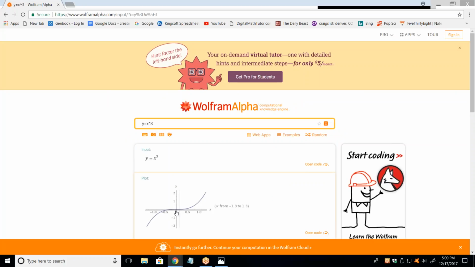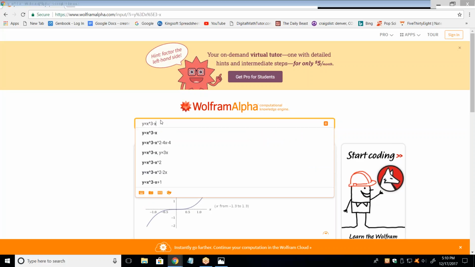That does pass the horizontal line test. It doesn't look like it does, because that looks like a horizontal line. But it's only a flat tangent line at one point there. There's no line that crosses that thing twice. No horizontal line. But now, if I add another term, regardless of what it is, but if it's x, watch